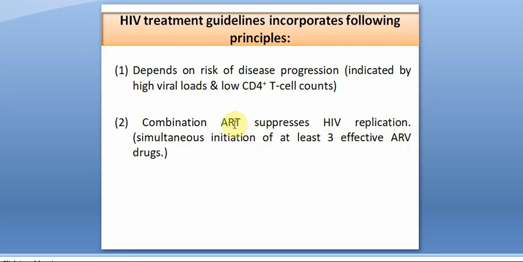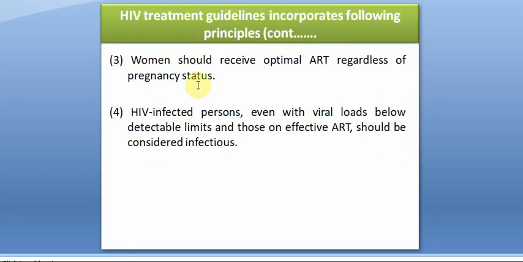ART means antiretroviral therapy. Then the next principle is that women should receive optimal antiretroviral therapy regardless of pregnancy status. Regardless of whether they are pregnant or not, the woman has to be given the